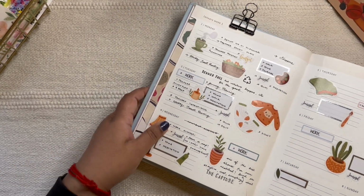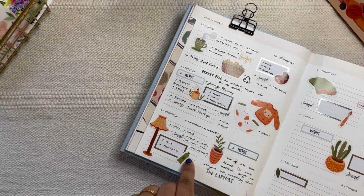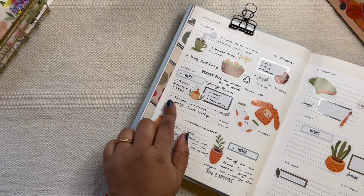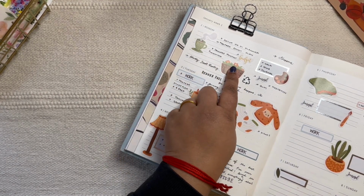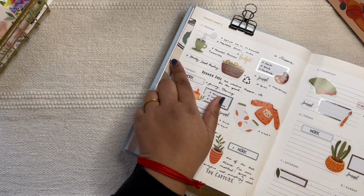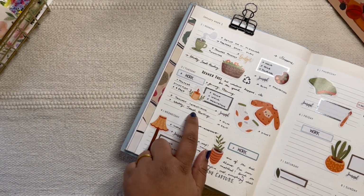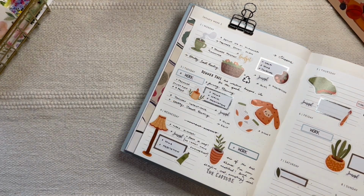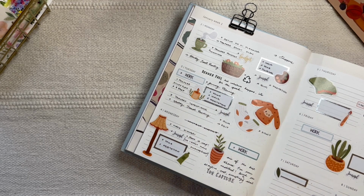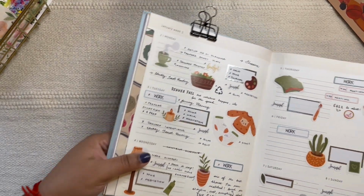And then you can also add tasks that are specific to that particular day. For example, I worked on my January intentions on Tuesday. I worked on my January monthly planning on Monday. Then I wanted to do a weekly tarot reading, but I couldn't do it. So I moved it to the next day and I did it here. And then filming, editing, all of those things, I try to add here. If I want to shop for something, I do that. And then also,